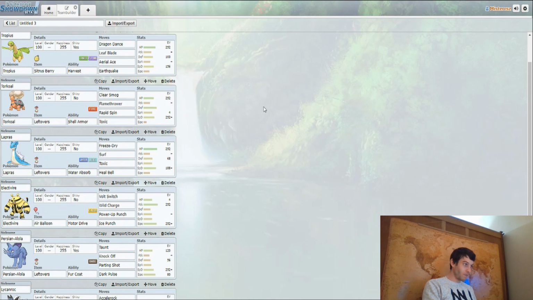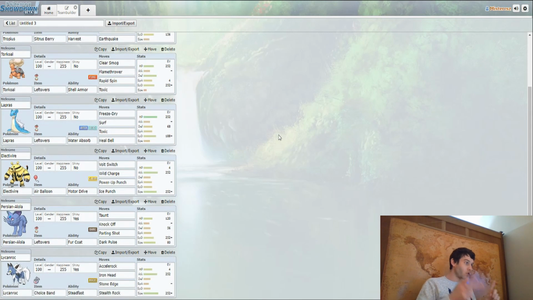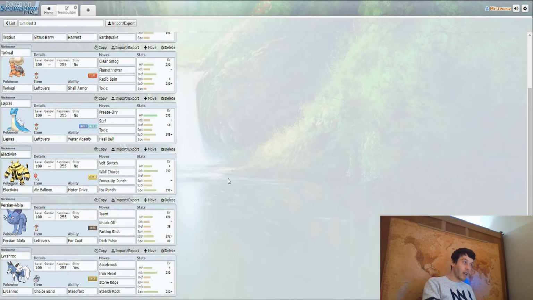We've got Torkoal with Clear Smog to not get set up on. We've got Flamethrower, Rapid Spin, we've got Toxic, we've got a Lapras with Freeze-Dry, Surf, Toxic, Heal Bell, we've got an Electivire with the Air Balloon, we've got Volt Switch, Wild Charge, Power-Up Punch, Ice Punch, we've got the Alolan Persian with Fur Coat, which doubles our physical defense, with Taunt, Knock Off, Parting Shot, Deep Pulse, and then